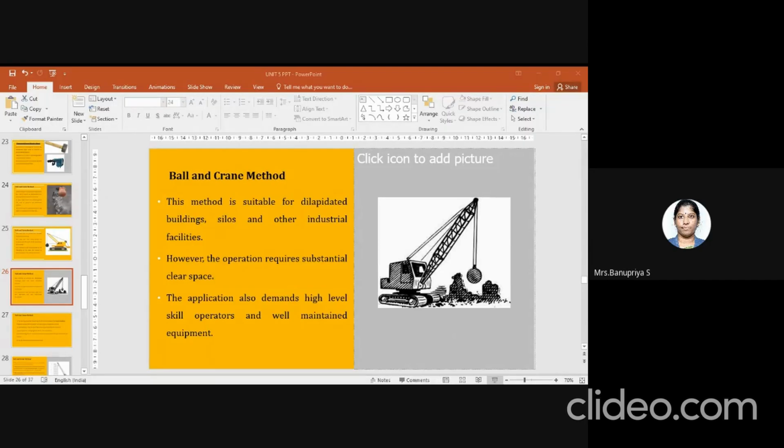So we can do the ball and crane demolition technique in two ways. One, as I said, just by vertical drop. If you have the bricklaying ball, you just drop it and dismantle your building. Or else, by swinging the line, you can demolish. Okay, so in addition to the working space, what are all the criteria you have to consider